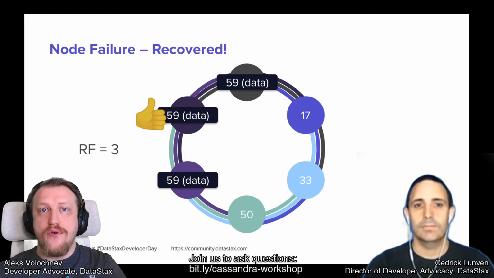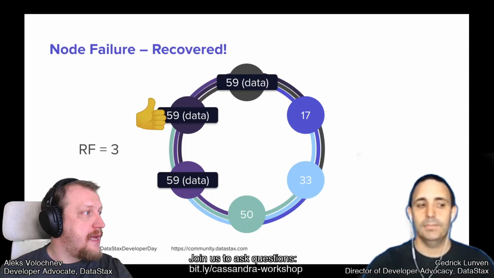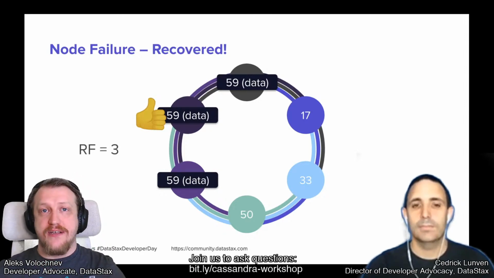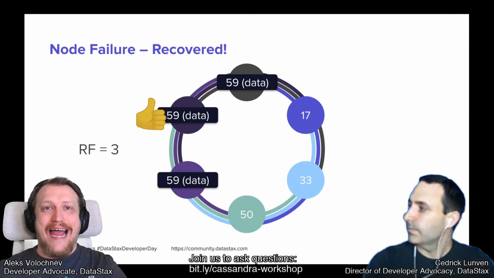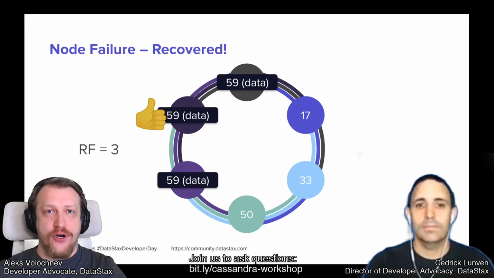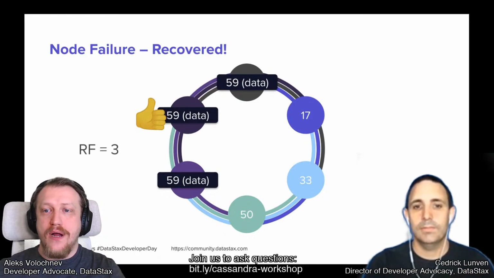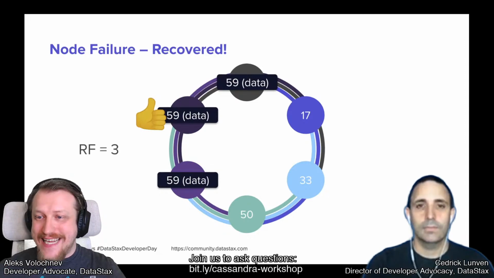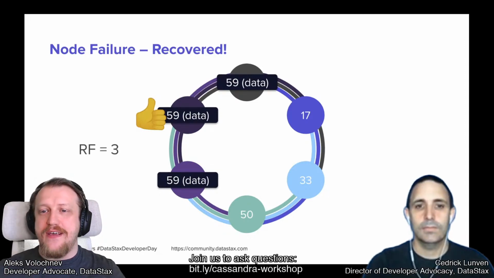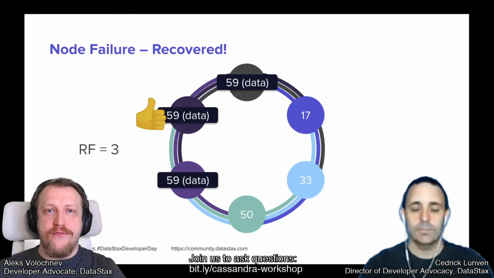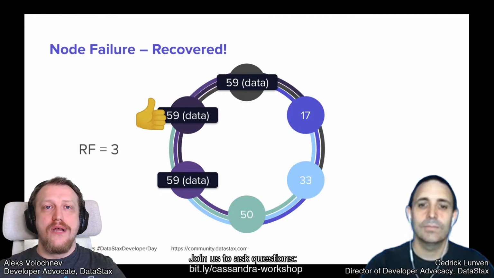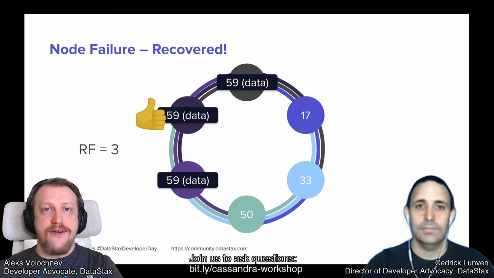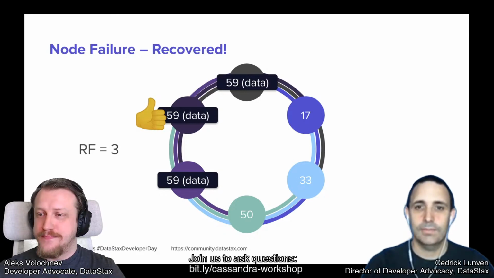That's it. One more thing to say, Cedric told it already, but I really want to highlight it because it's a very common misconception. People start to think of the coordinator node as a master node, which is completely wrong. Cassandra is masterless. So we have on the screen 6 nodes, like 17, 33, 50, and so on. Every one of them is absolutely ready to be the coordinator node, and every one of them will do the job as a coordinator node when it gets the request. That's important. Every one of them has the same duties.